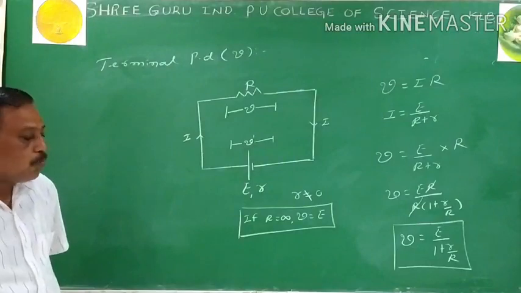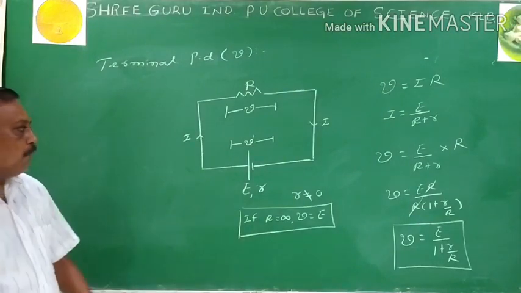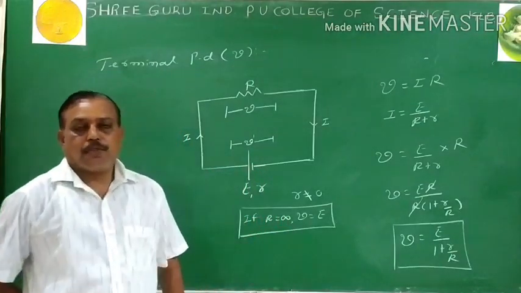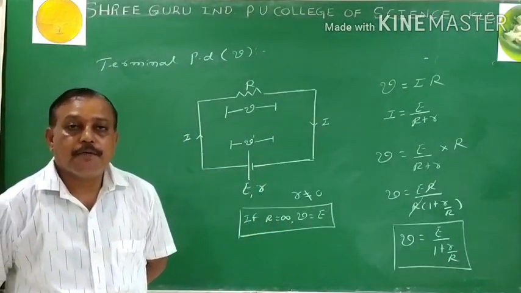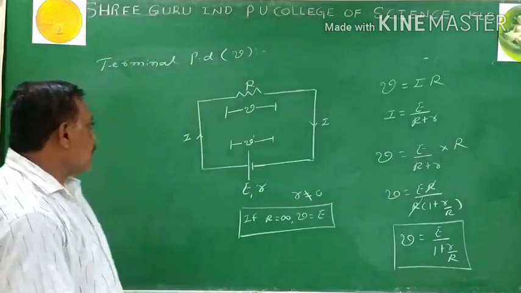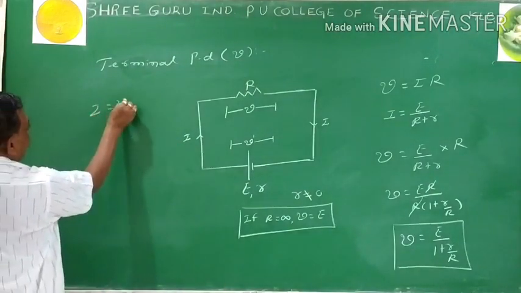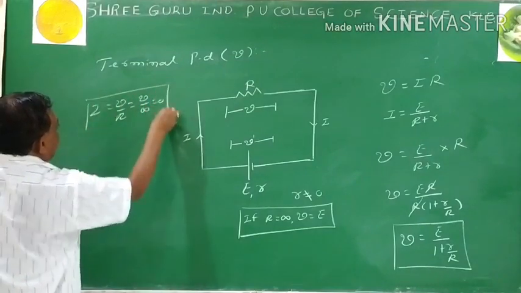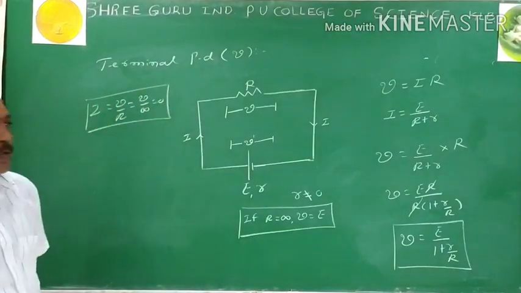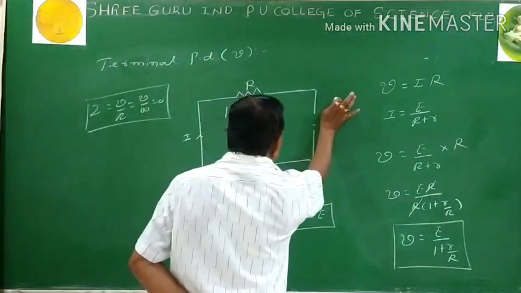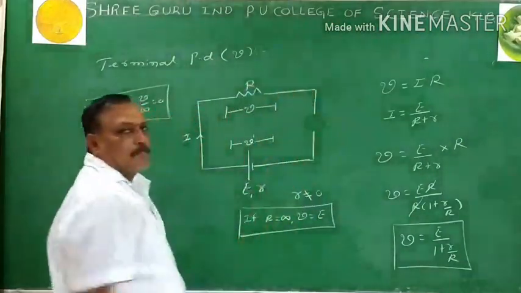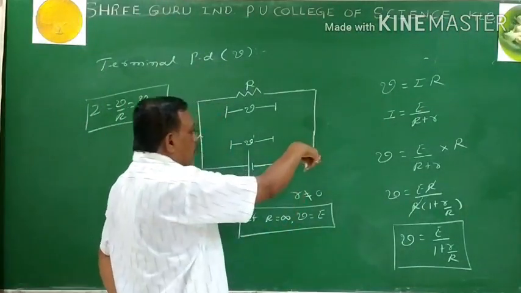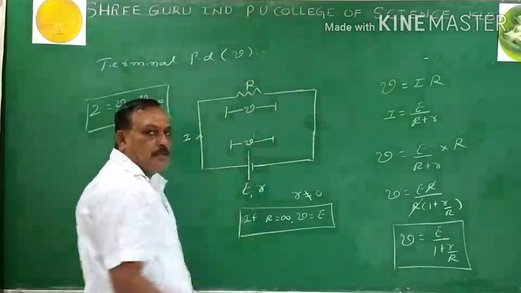When the circuit is open, it offers infinite resistance. When the resistance is infinity, I equals V by R. What is that? V by infinity is 0. The current in the circuit is 0. Now this is a condition of what? Open circuit. Now this is a condition of what? Closed circuit. When there is a closed circuit, there is a flow of current.